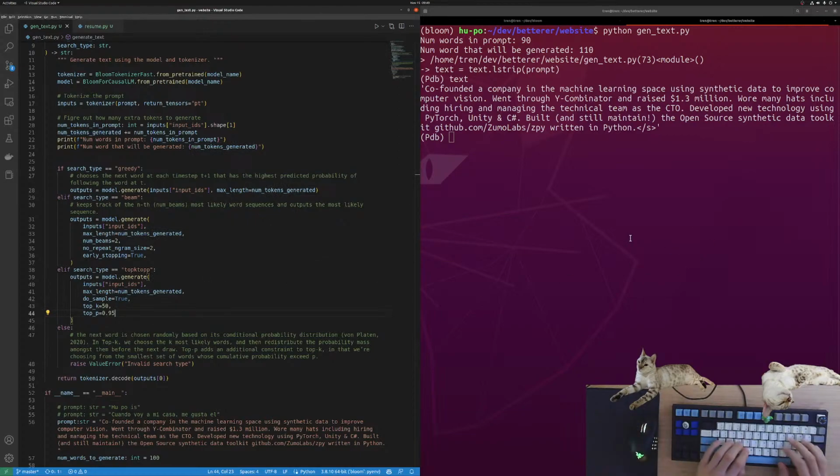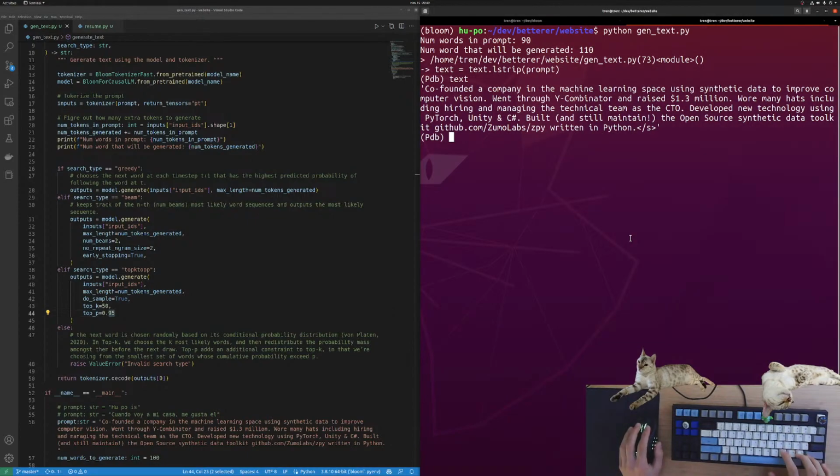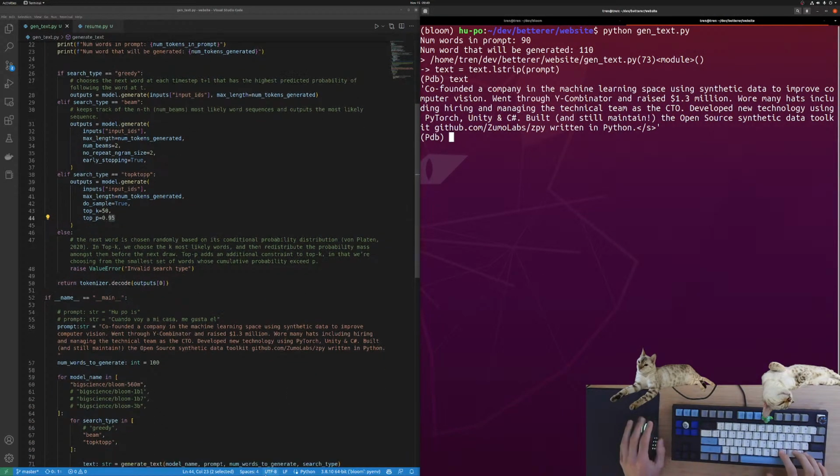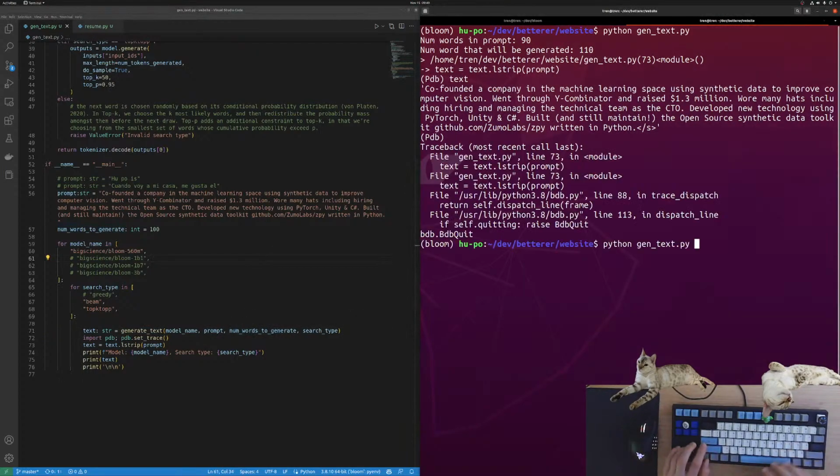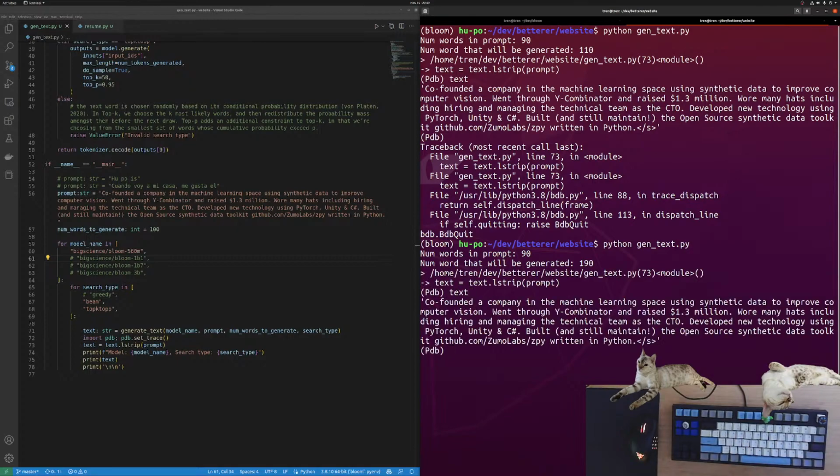Seems like it's fine. See what we get here. We've got 90 words in the prompt. We're going to generate 190 words. When we look at the actual generated text,